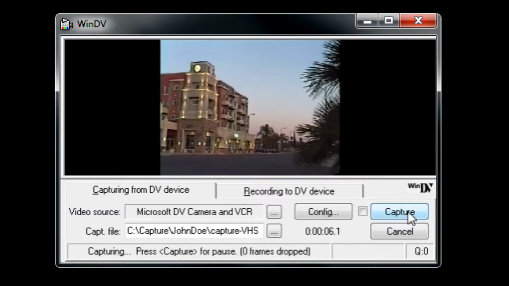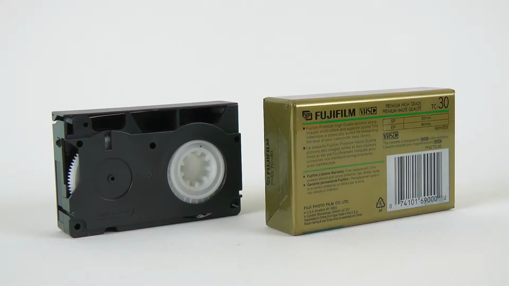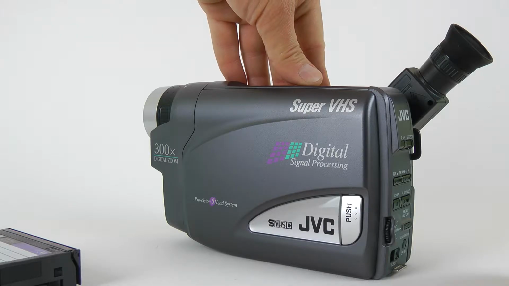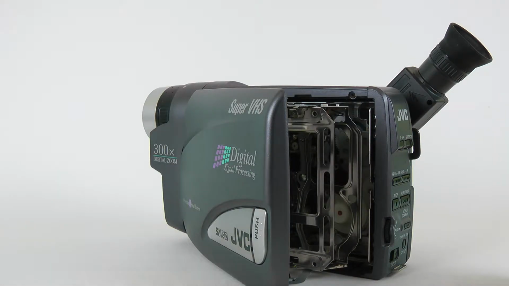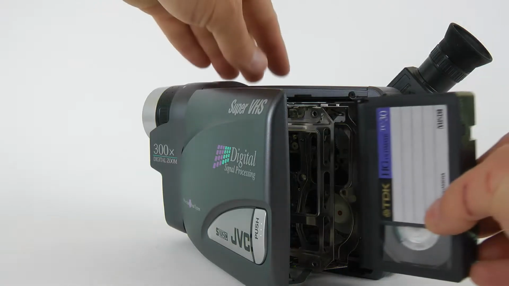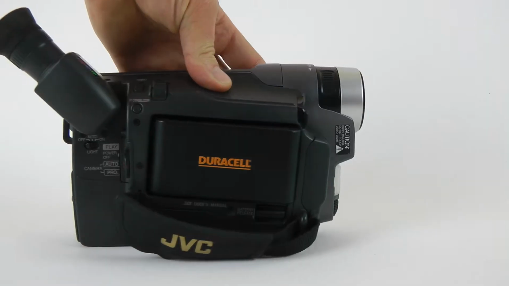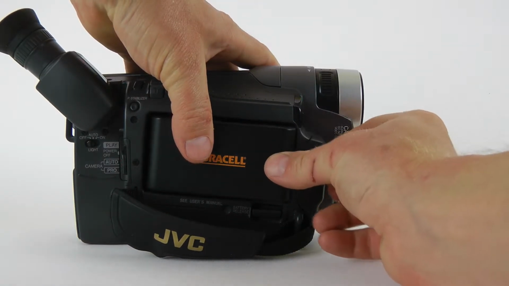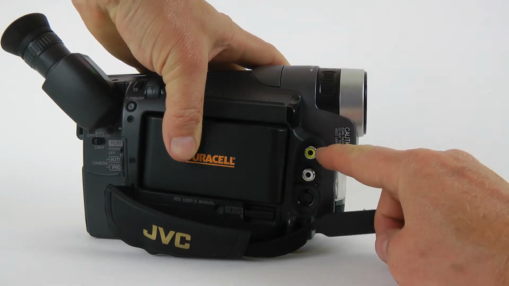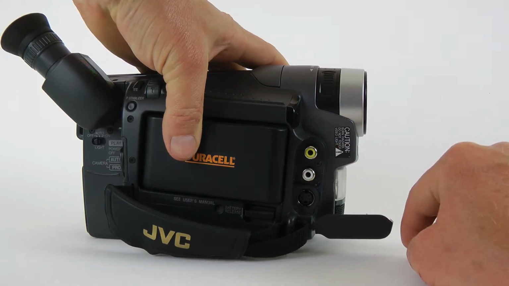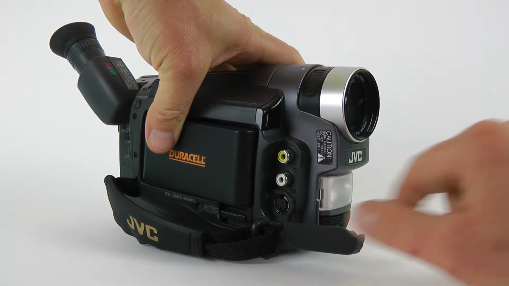The resulting digital file will be encoded in the industry standard DV format, which is supported by all major video editing tools. If you have a cassette like this, then your recording may be in VHS or SVHS format. If you don't remember whether you recorded your video in regular VHS or SVHS, the best option would be to get an SVHS camcorder, like this, which will cover all the bases.